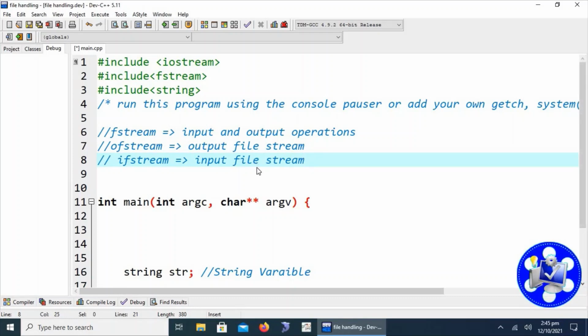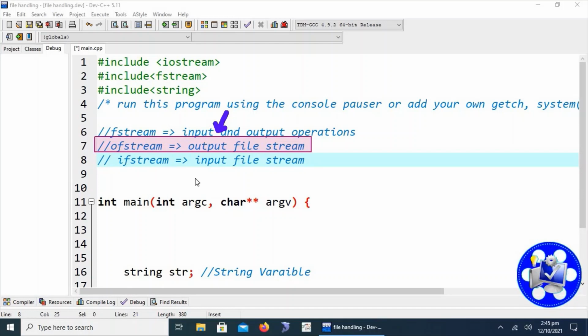Whenever we are required to write data to files, we will use ofstream for output purposes. Whenever we are required to read data from files, we will use ifstream for input purposes.